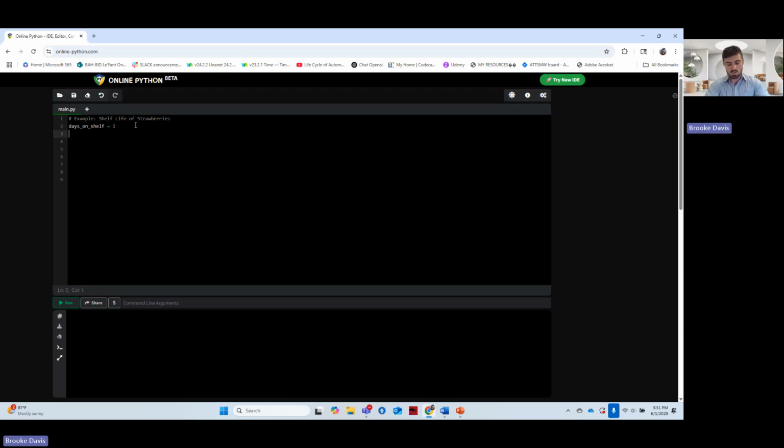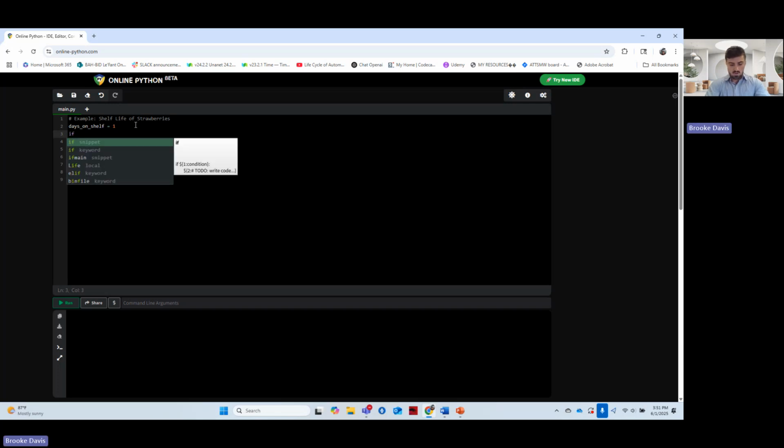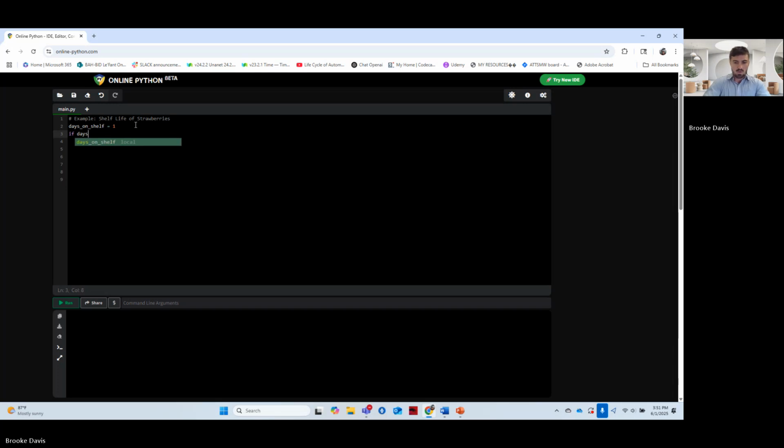The next thing is we're just going to jump right into formulating our first if statement. So we're going to start with the word if, and then we're going to type in the variable we just assigned up above. And for this if statement, we're going to set the days on shelf variable as less than 3. So if this condition is met, and the days on shelf is a number that is less than 3, then